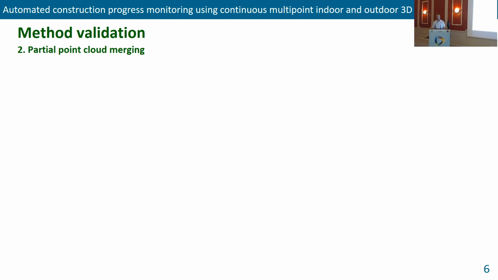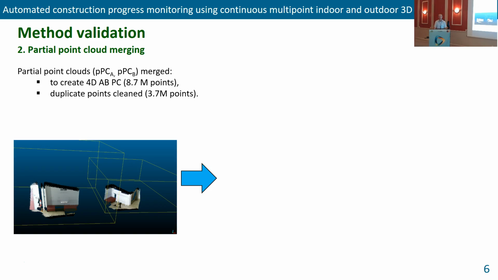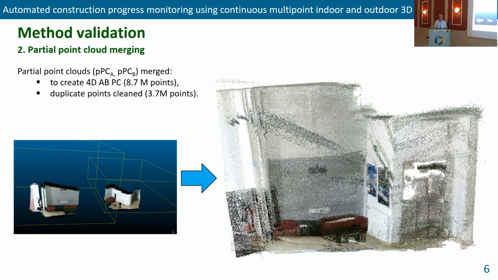Following in the second step, the partial point clouds we merged to create the 4D as-built point cloud of the whole building. The original point cloud has 8.7 million points, but the duplicate points we cleaned and got the 4D as-built point cloud with 3.7 million points for future purposes. This point cloud,